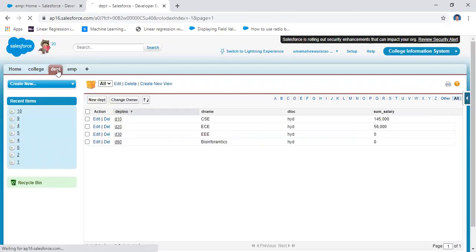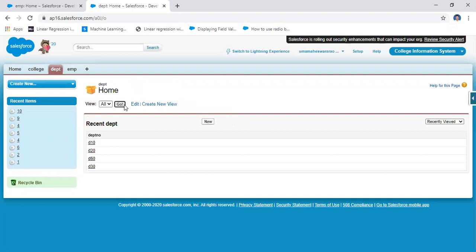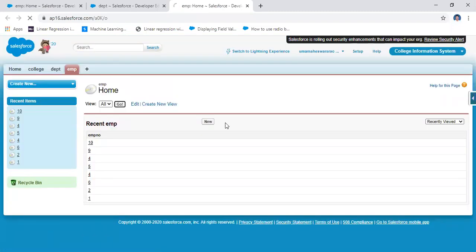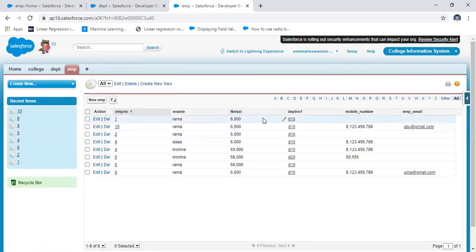If you come to the department, go to department. Here the net salary is already there. For example, if you come to the employee, take the net salary of department 10. Department 10 consists of the first, second, third, fourth, fifth, and then seventh records.